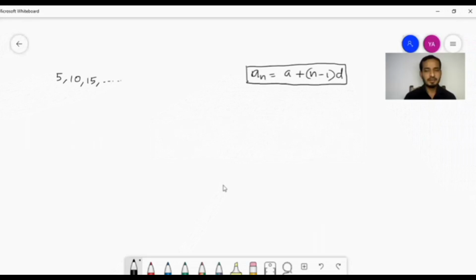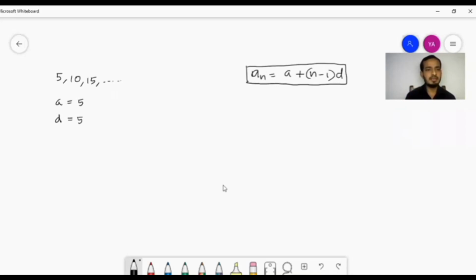One of the applications of this formula is that you can find the 100th term in this sequence. In any arithmetic progression, the position is given and you want to find the term. That's one direct use. So just take this example. Here the first term a is 5, and the common difference d is also 5. Suppose the question is: what is the 100th term?